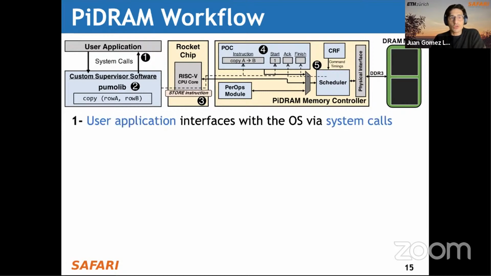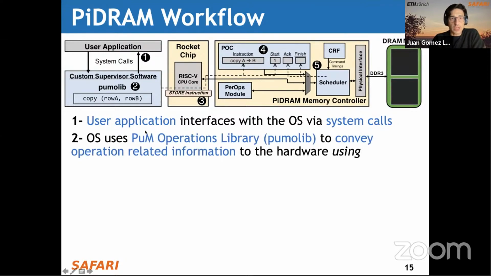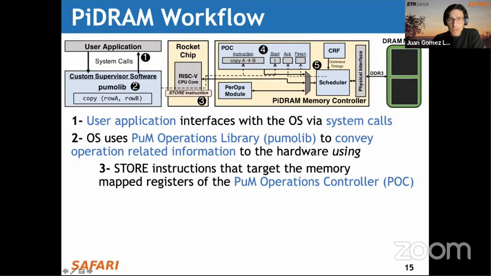First of all, the user application interfaces with the OS using system calls, and then the OS can use the library that we created to convey the operation to the hardware. And this is done using a store instruction, because the registers that exist in this PUM operation controller are memory mapped. So by using the Rocket Chip, which is essentially the processor here, the CPU can use